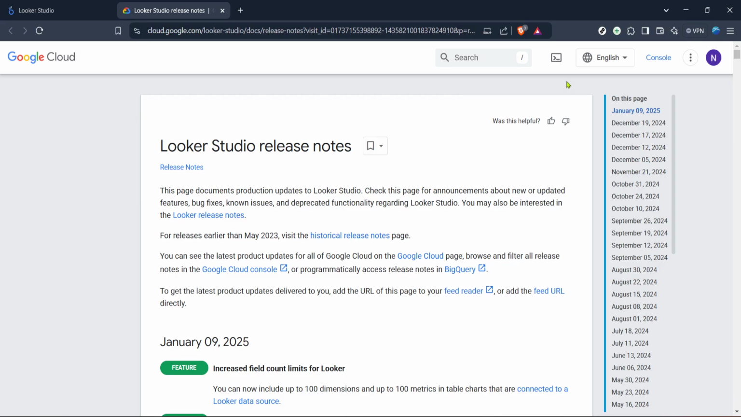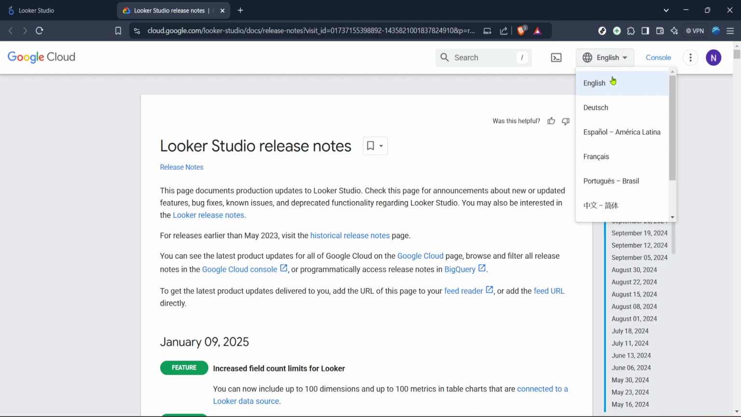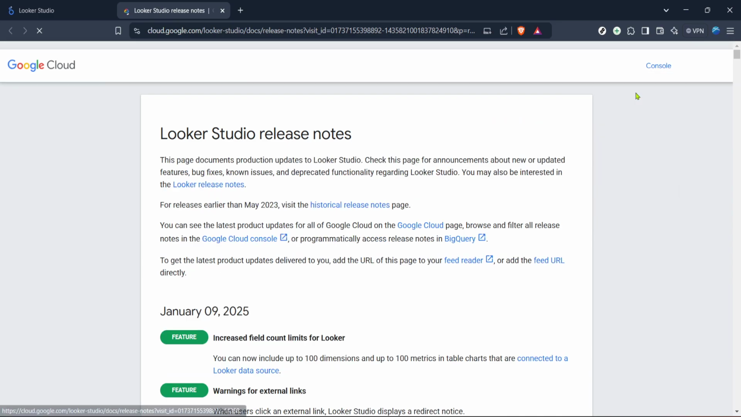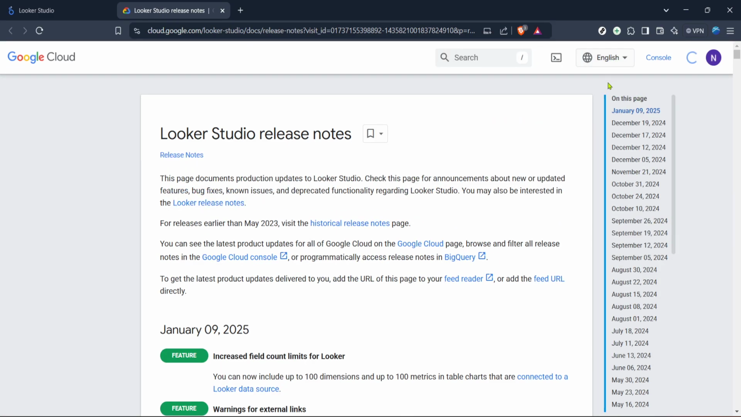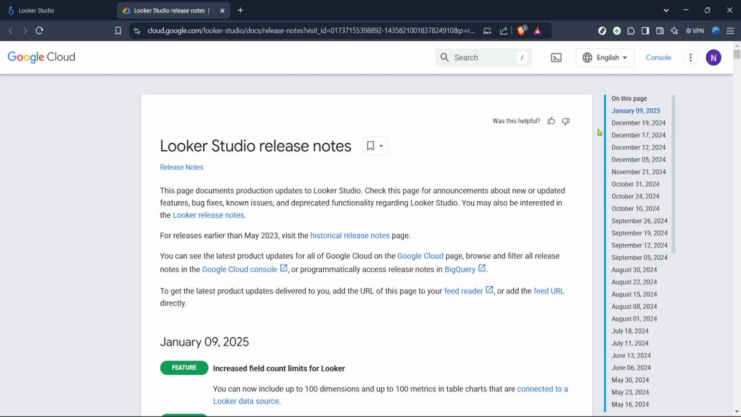On the New Features page, you should see an option labeled Language. Click it. This is where you can start personalizing your Looker Studio experience by selecting the language that suits your needs. The interface will provide a list of available languages that Looker Studio supports. The ability to change language settings is a great feature for accommodating diverse teams who might be using Looker Studio